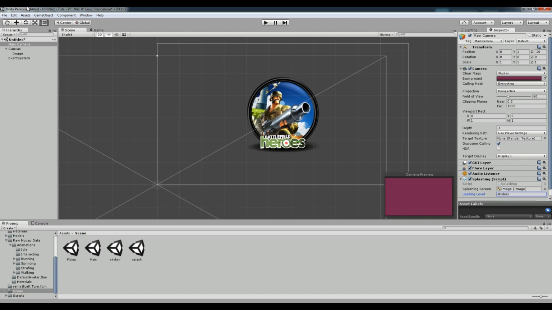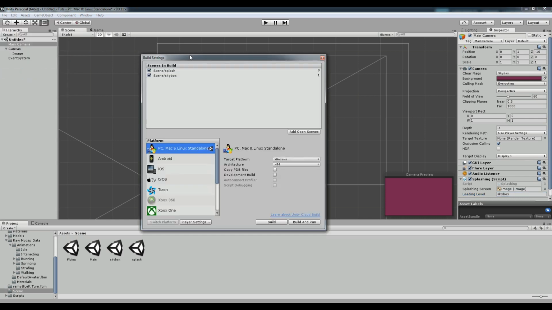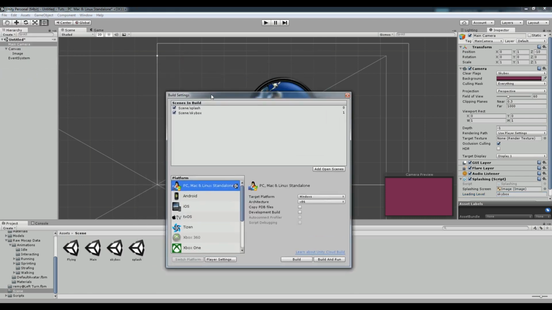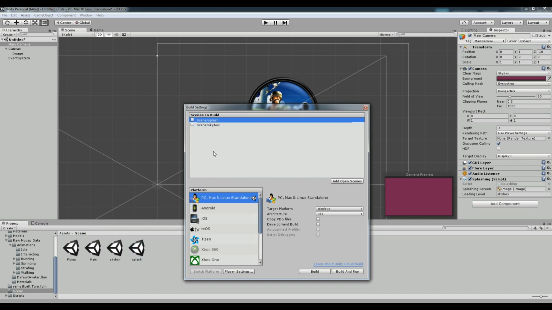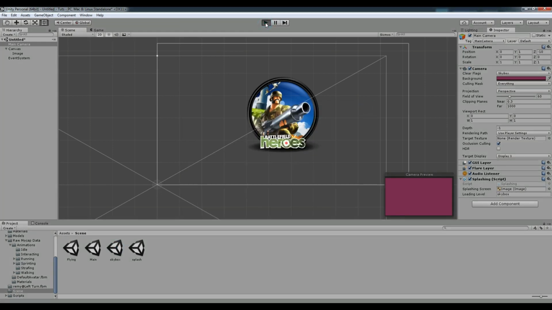and now open your build settings. I have already added, but you can also add. Let me remove this. Okay, I just add the splash and the skybox in here, but you should drag and drop these two in here. Now if I run this,